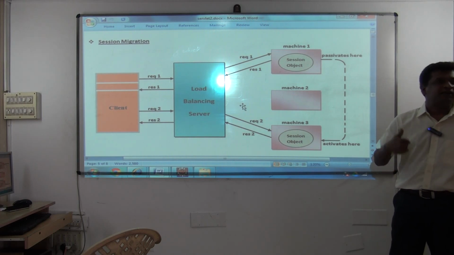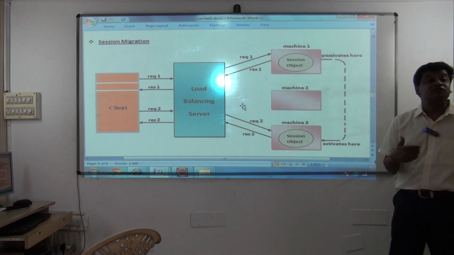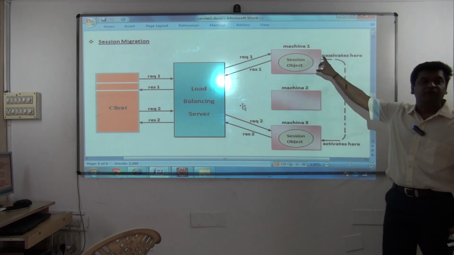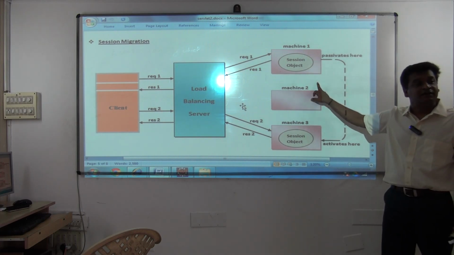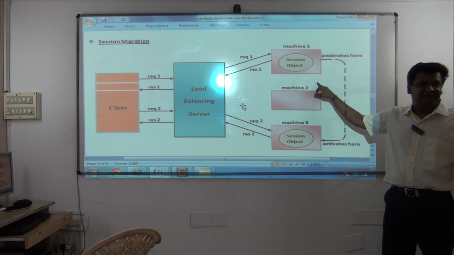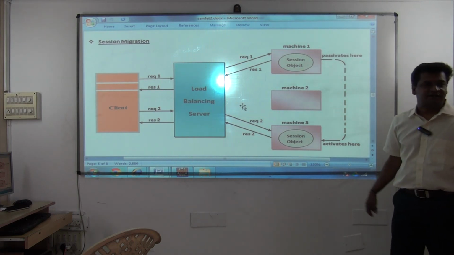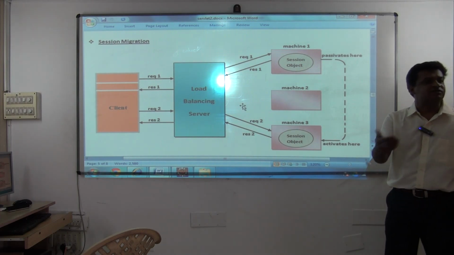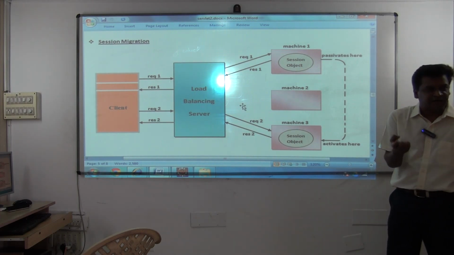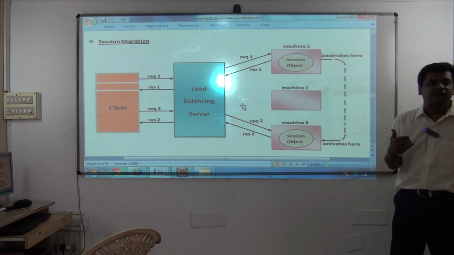If they give you that clustering support, it is called a distributed container. Only distributed containers support clustering. Session migration is supported only in distributed containers. So before you buy the server, you have to ask the vendor whether it has distributed container support.